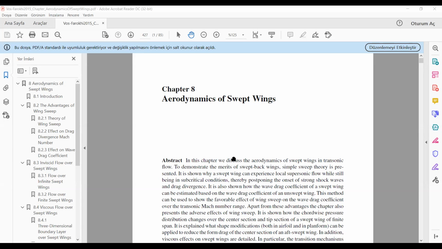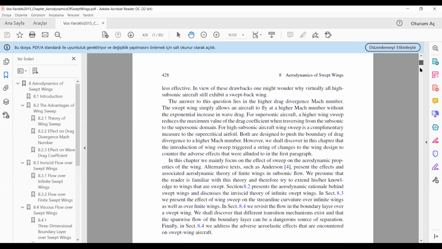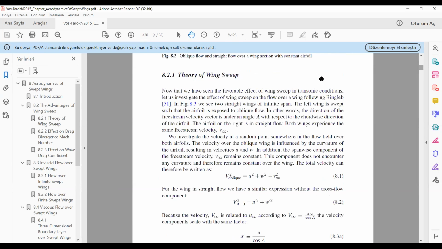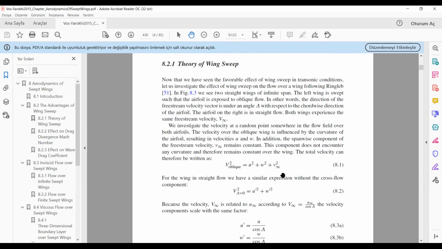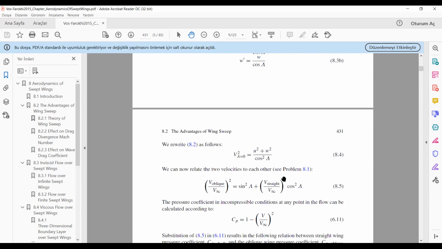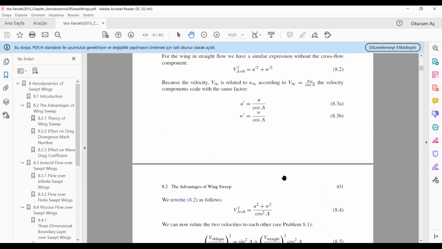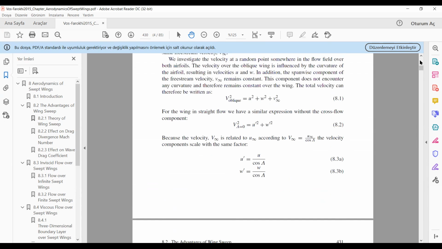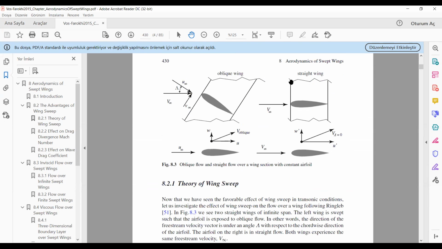written in 2015, "Aerodynamics of Swept Wings," has much more information about the theory, especially if you read the first few sections like 8.2.1, theory of wing sweep. They talk about what I was describing. There was a figure about this. Let me find it. Yeah, like if you had a straight wing compared to an oblique wing, but it's